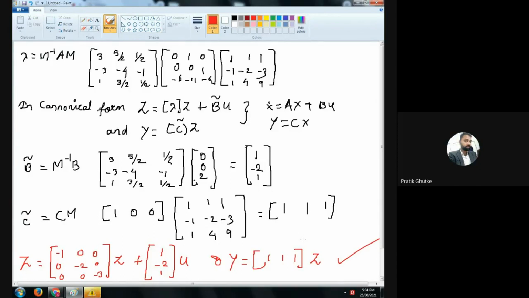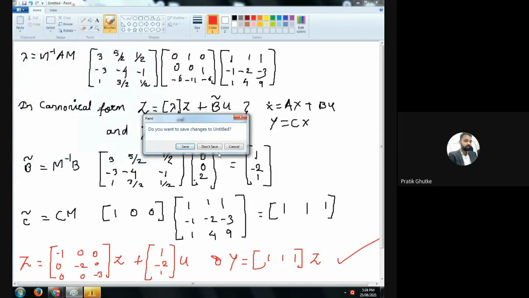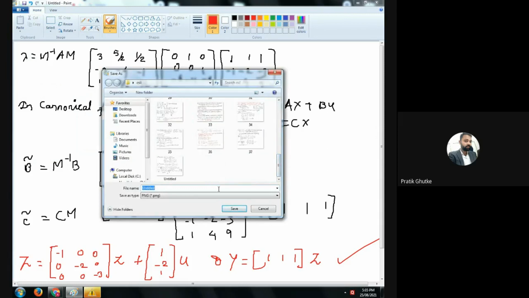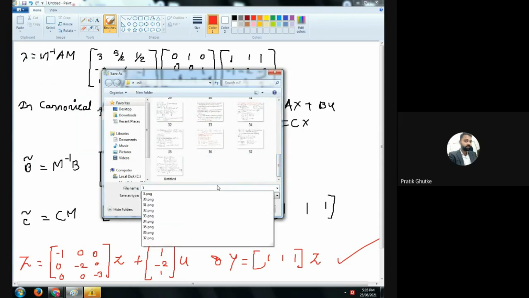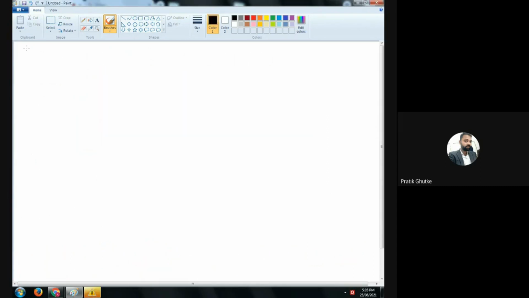Okay, so the first part, that is to calculate the canonical state model from the given state model equation, that part is over. Now moving forward with the explicit solution for this state model. So you have to just keep the formula in mind to calculate the solution of the explicit equation and then the canonical form representation. And all the calculation part is very easy. Just the formulas are a little bit tough. You have to keep those formulas in mind.